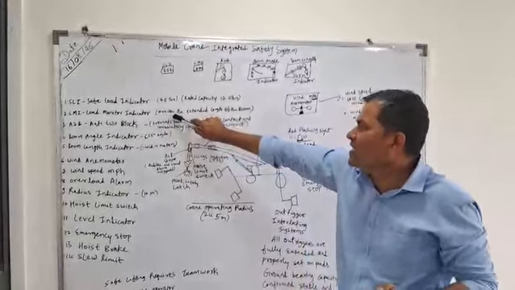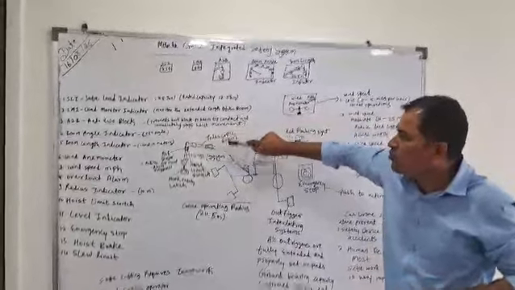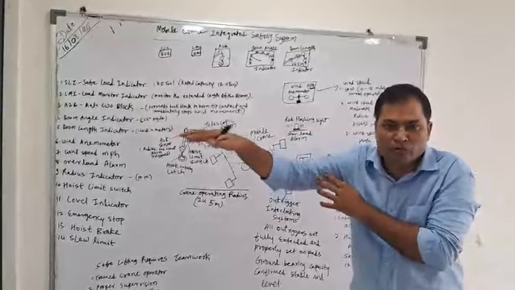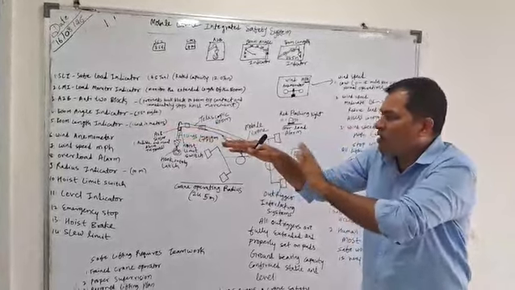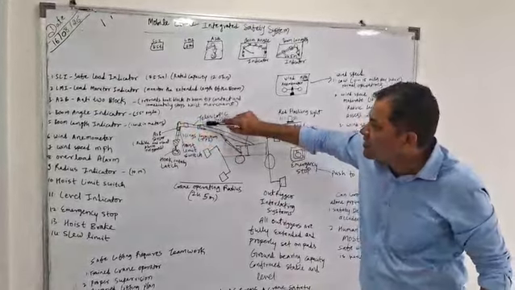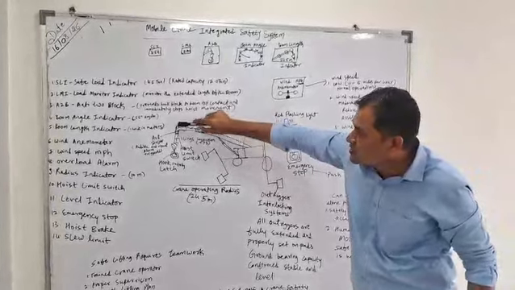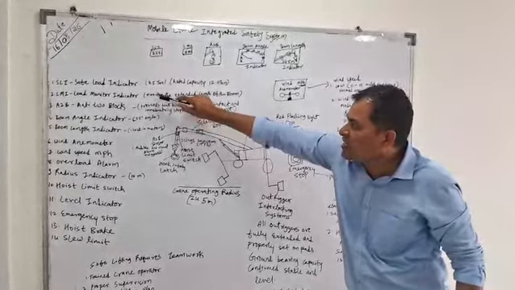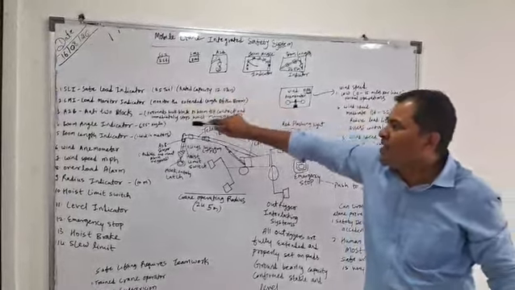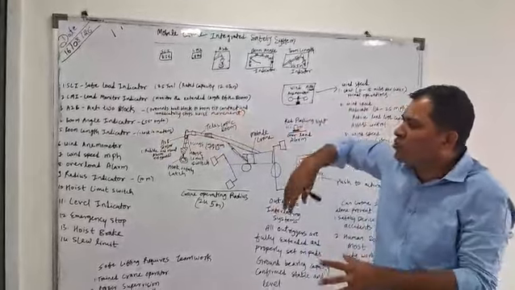The load monitor indicator basically monitors the extended length of the boom. It indicates the extended boom: how much distance it covers in meters, what range it covers from this distance to this distance. So that relates to the load monitor indicator and the extended length of the boom. Then we'll also discuss anti-two blocking systems, which prevent the hook block